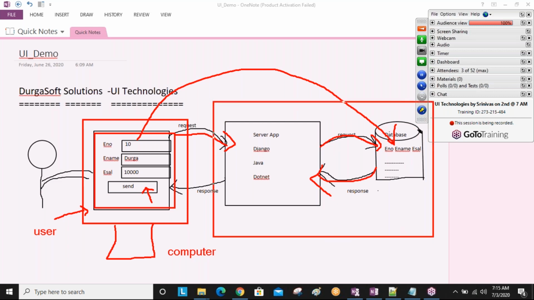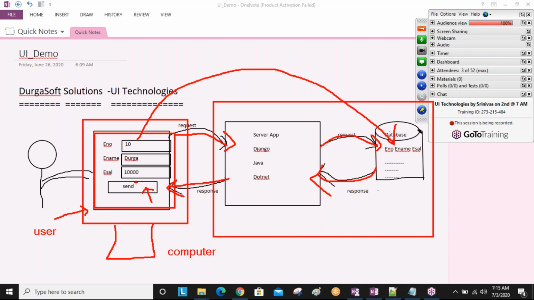This entire flow is server side behavior. The server receives the data from the user, sends it to the database, gets the response back, and then returns this response to our computer. Then the user understands that the data was created and stored successfully.